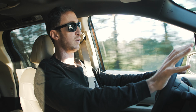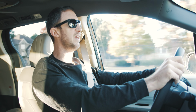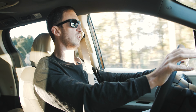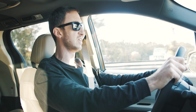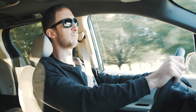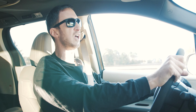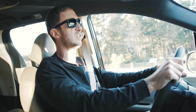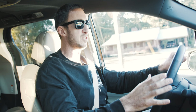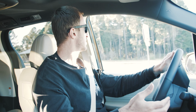And on the highway, and we drove a lot on the highway going down to see the Braves parade, it is extremely comfortable, but it does get a bit wallowy at times. Now, the big bump is coming up. Let's take that and see how it goes. Not too bad. You've got some smallish wheels with thicker sidewall tires on this thing, so it is able to absorb some of that road texture and imperfections pretty well. It's more of the body control that can be a little disconcerting, because it's not anything to be concerned about, but